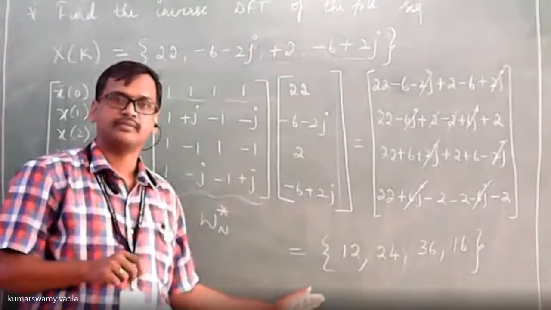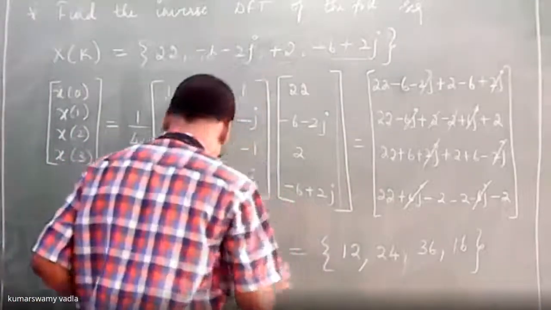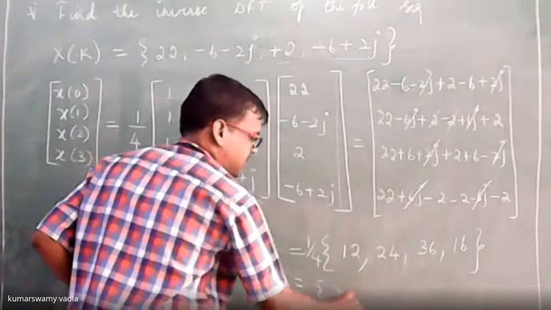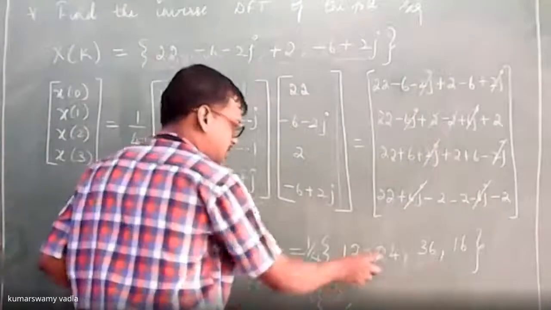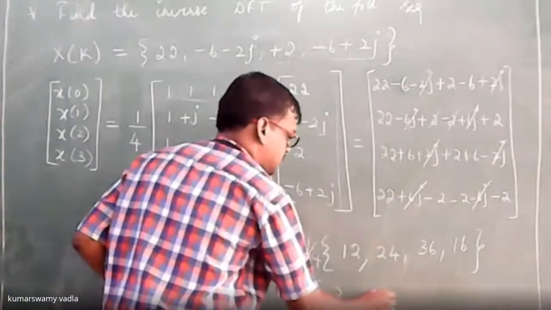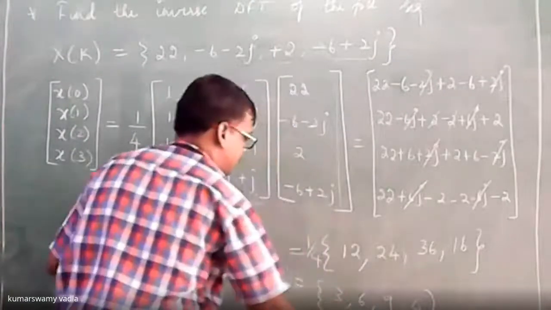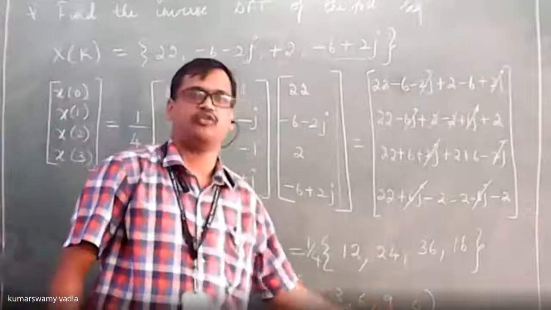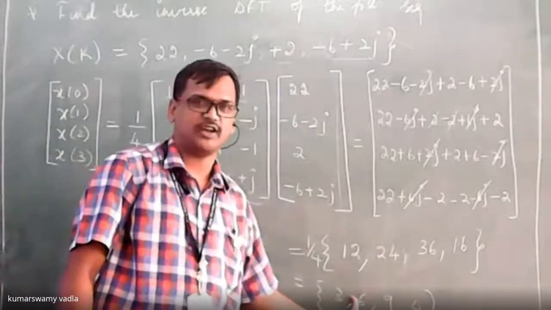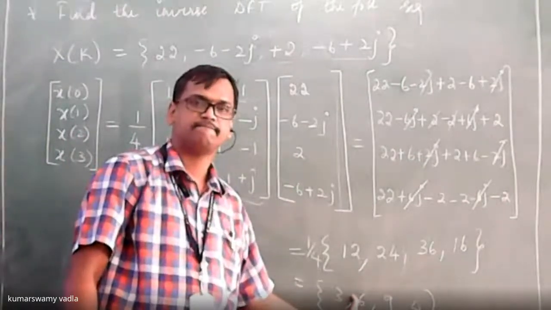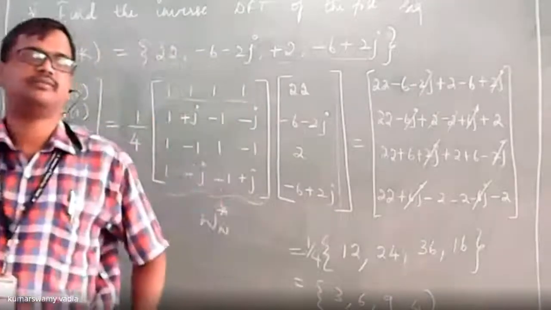Sir, what about 1 by 4, sir? Yeah, very good. Still 1 by 4 is left, no? Okay, 1 by 4. So what do you get here, please? 3. Okay, 3. Then 6. Then 9. Then 4. Yeah, thanks. Thank you, Mega. So 3, 6, 9, 4 is the result. Can you see this 3694? Yes, sir. Okay. Have you noted down this problem or numerical?